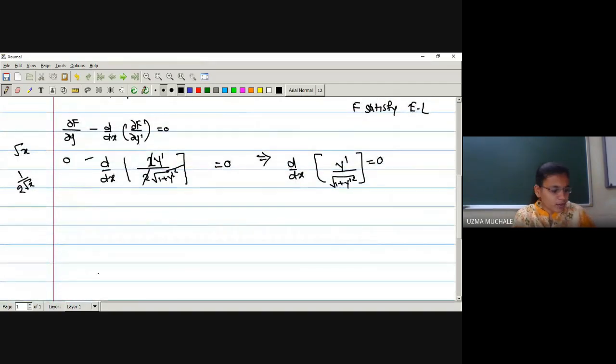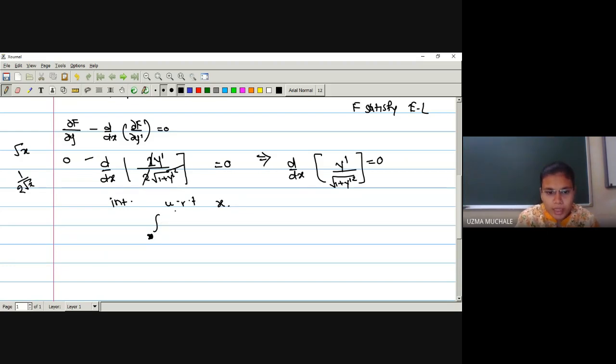Okay. Now we can find out the derivative also, but if we want to find it out, it will be somewhat difficult. We have to differentiate y dash upon under root of 1 plus y dash square with respect to x. At that time we have to use the u by v rule. So instead of doing so much complication, we will integrate the above equation with respect to x. Integration and derivative get cancelled. We can take integration within the limits x1 to x2, or rather we can have the common integration without limits.